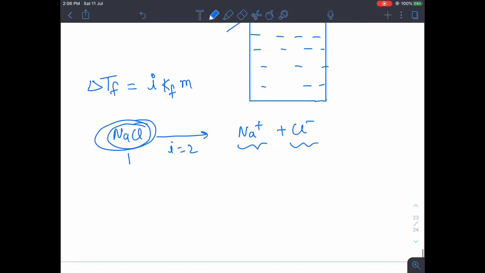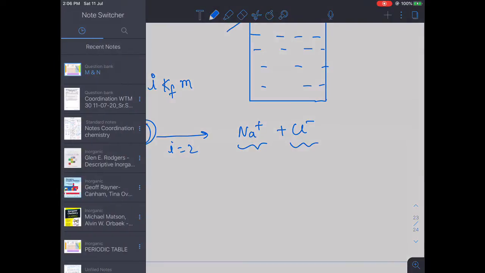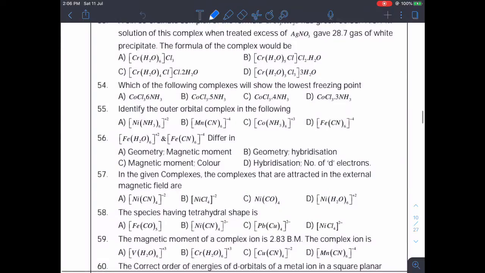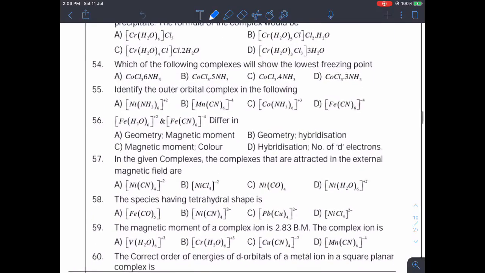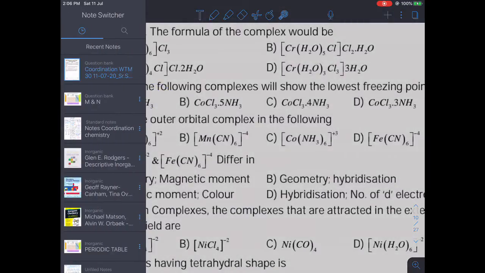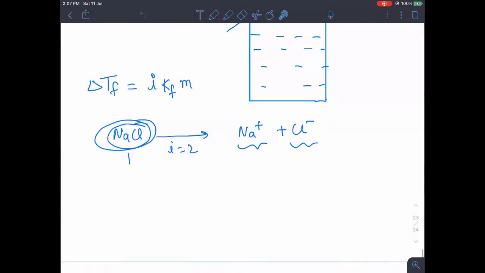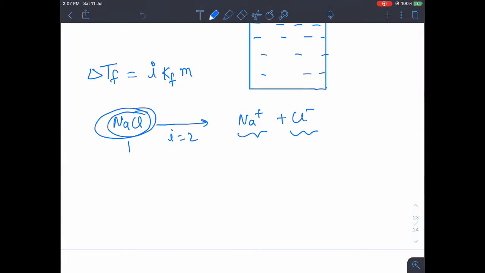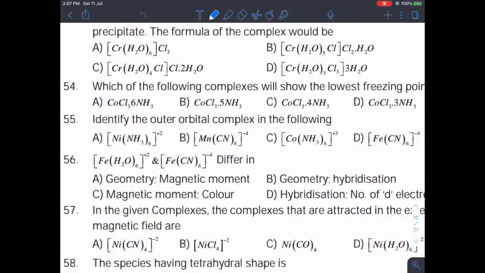So similarly, let's look at these compounds. The compound given here is cobalt chloride dot 6 ammonia. Now another thing that you need to understand, that ammonia molecule can never be outside of the complex because it is gaseous in nature. So whenever it is there, it can be only inside. Only inside means we will write simply CoCl3 dot 6 NH3.